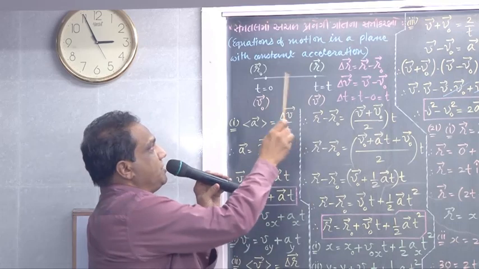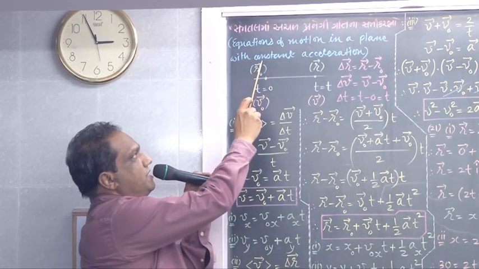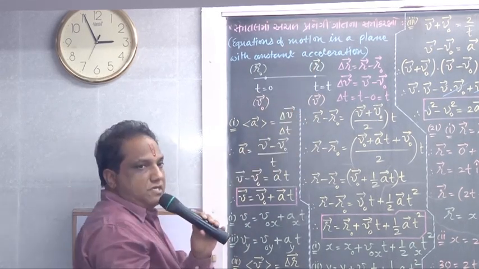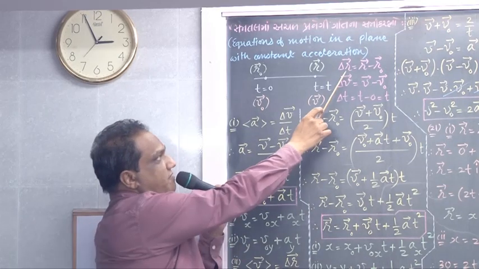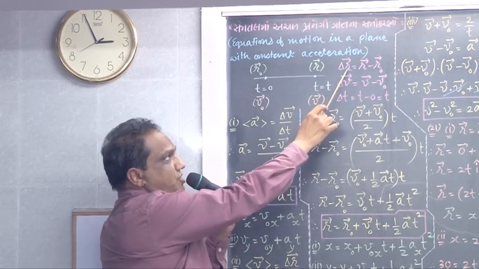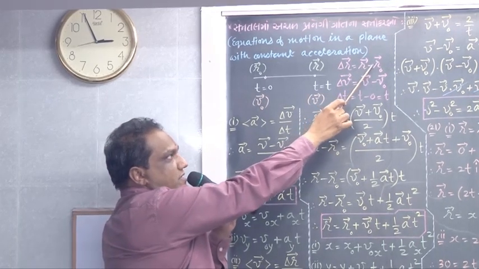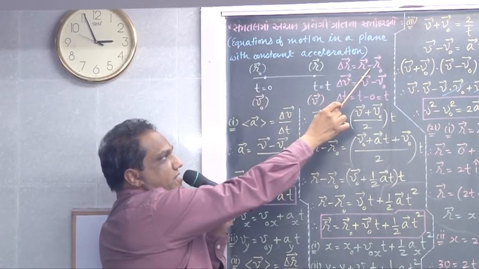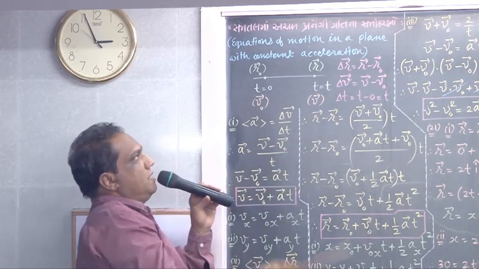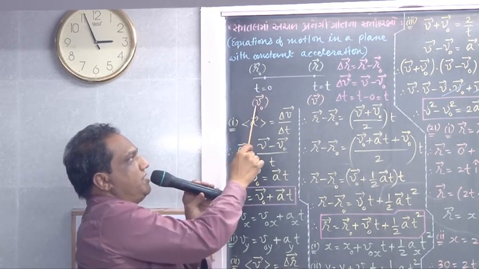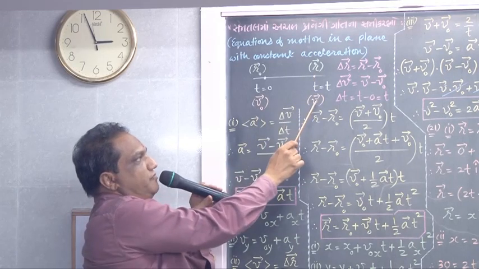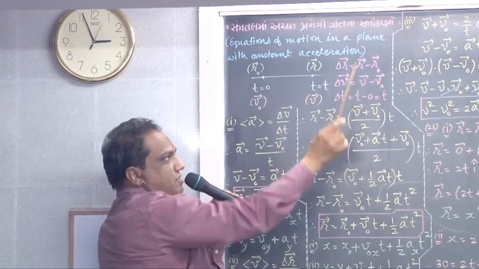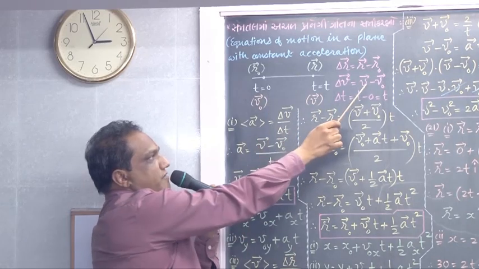Okay. Initial position vector of a particle, I just take it as vector r0. Final position vector, I just take it as vector r. So what is displacement? Displacement vector is always the change in position vector, so it is final minus initial: vector r minus vector r0. Here, initial velocity is suppose vector v0, final velocity is suppose vector v. So what is the change in velocity? It is final minus initial, that is vector v minus vector v0.